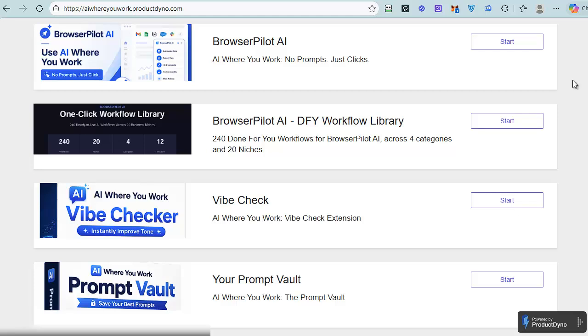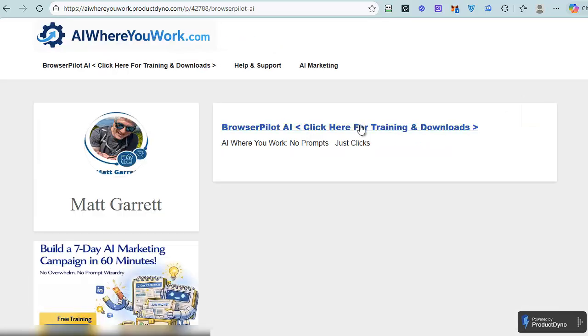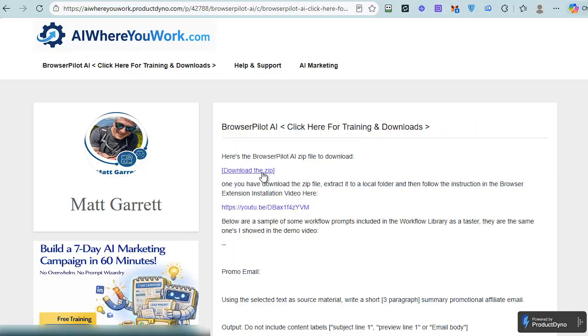So step one is to choose which extension you want to update. Go into that, go to the page for it, and right click and then download the zip file to your local computer so that you've got that stored locally. So do that first, download all the zip files for whichever extensions you have, then navigate to the folder where